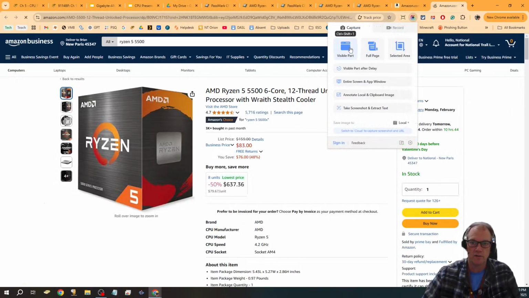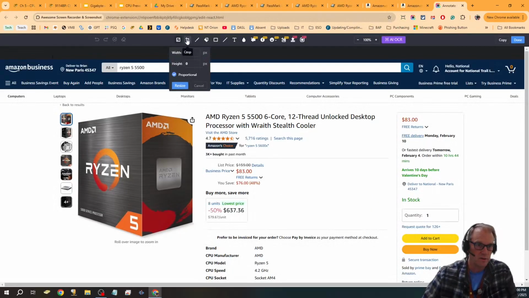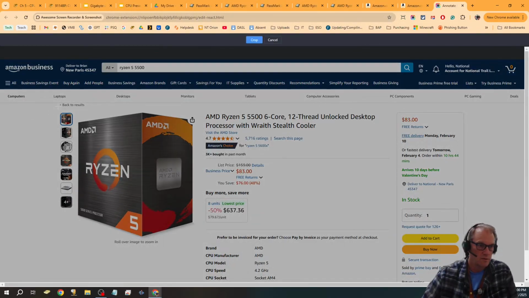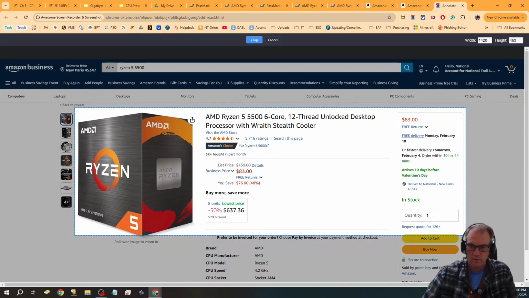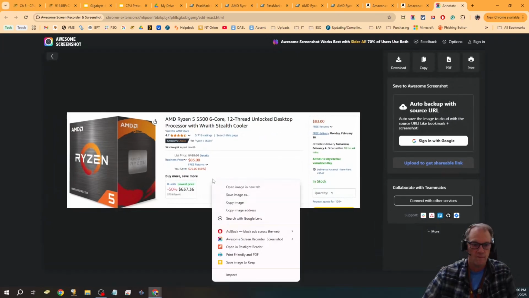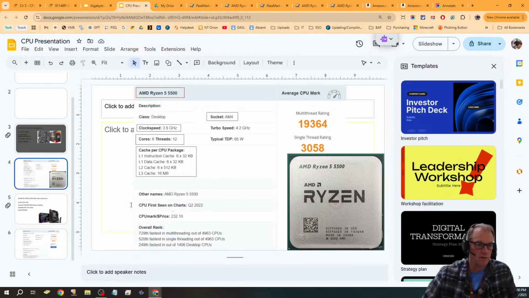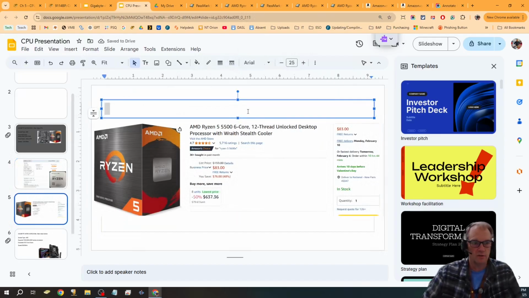So I'm going to go ahead and do a screen capture of that. And I'm going to crop that. I don't like having all that junk in there. So I'm going to go ahead and crop it to just the information that we need, which is probably there is good enough to show that we found it for $83. So I'm going to go ahead and throw that in here before we start our next presentation. So we found it for $83